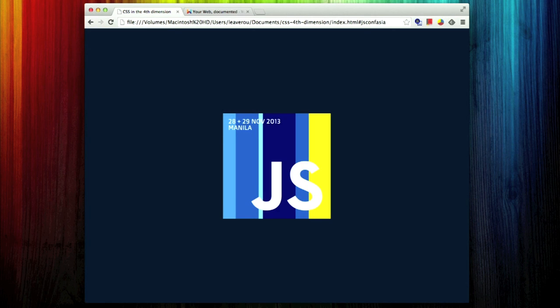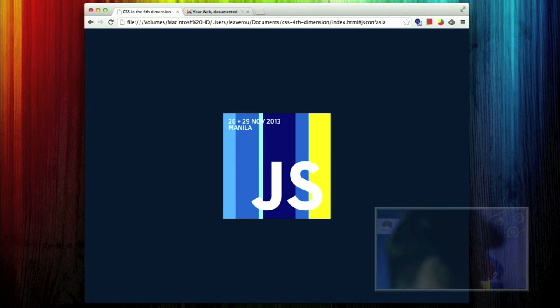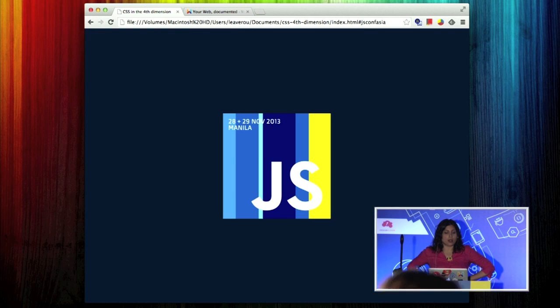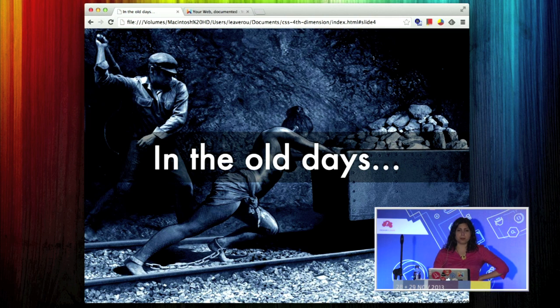I'm well aware that this is a JavaScript conference, and I love JavaScript, don't get me wrong, but this talk is more about how you don't need to use JavaScript for everything, because sometimes it results in more maintainable code and less code to use CSS for some things. One of those things is transitions and animations. So in the olden days, which for some people is still the present,